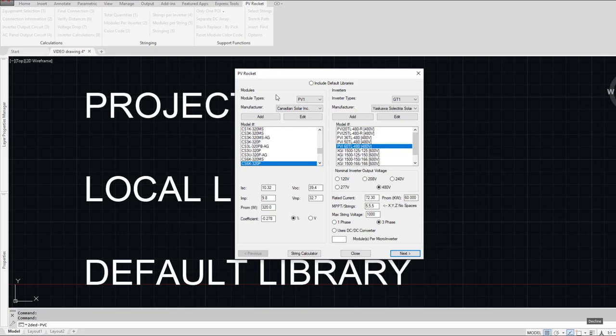So you can see there was a lot more going on there. You can add your own manufacturers. You can edit. Before the default libraries, every new user had to add and create their own libraries. And so we added the default libraries as just kind of an added service kind of a thing. And one of the reasons that it turned out to be good that we have a default and a project and a local